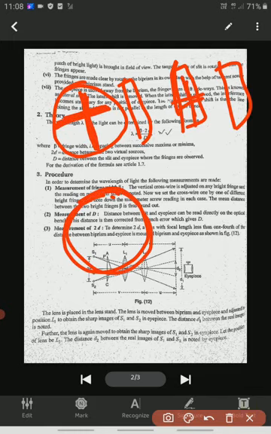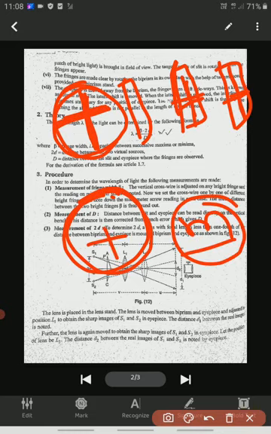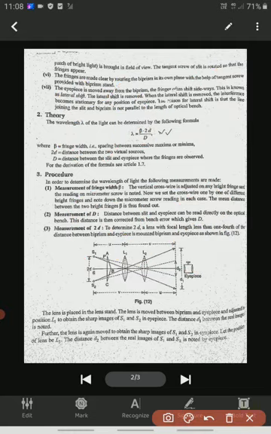Next we adjust the crosswire on another, the next bright fringe, and we note the micrometer value. Then we subtract this value from that value, and we get the fringe width. Automatically we get the fringe width. So this is the process to find the fringe width. And by using the optical bench we can directly calculate the D value. Next, the measurement of 2d.